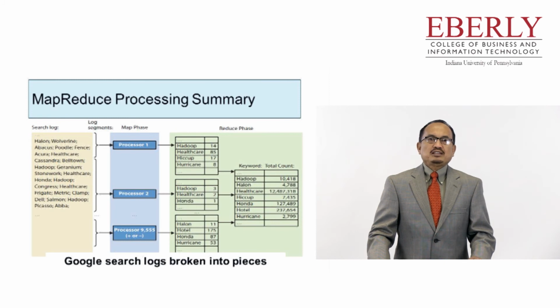MapReduce is a technique for harnessing the power of thousands of computers working in parallel. The basic idea is that the big data collection is broken into pieces, and hundreds or thousands of independent processors search these pieces for something of interest. That process is referred to as the map phase. In Figure 9.22, for example, a data set having the log of Google searches is broken into pieces, and each independent processor is instructed to search for and count search keywords.